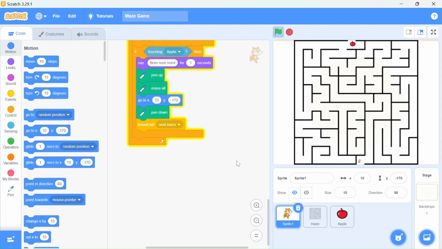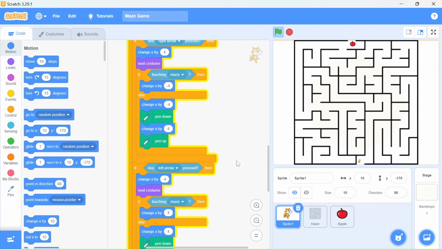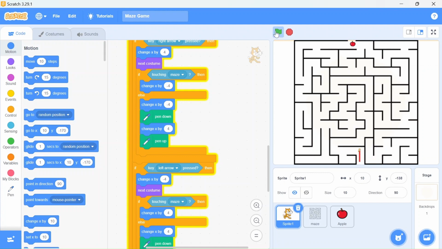So now let's see how we are going to do it. And we will set one more thing, and you can do it easily. So now as we run this code, we can start playing our game. Okay, it's quite easy. I hope you have understood it. And this is how you can play the game.